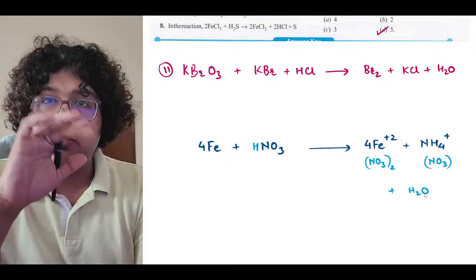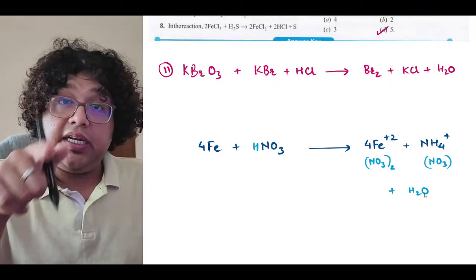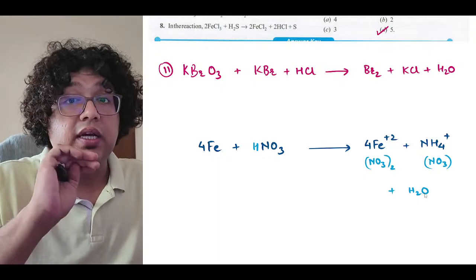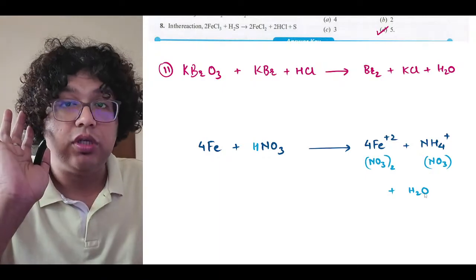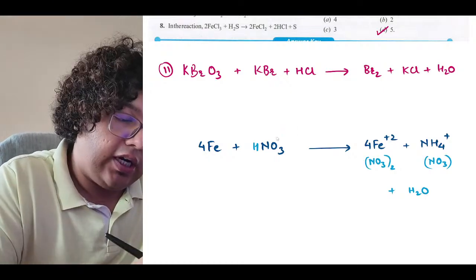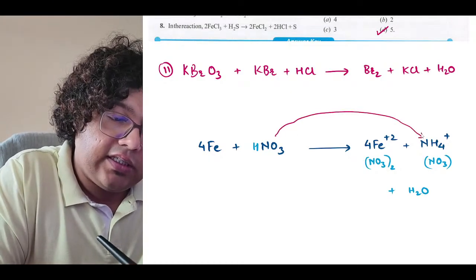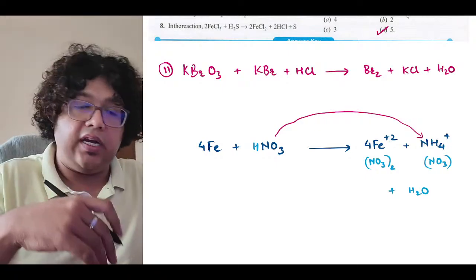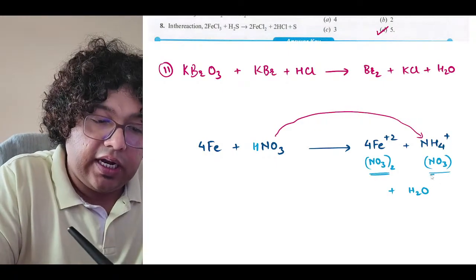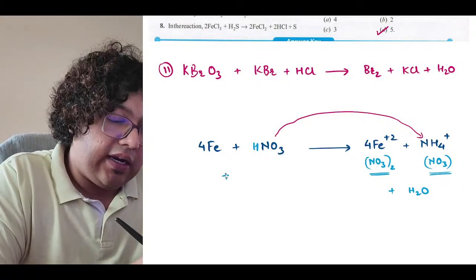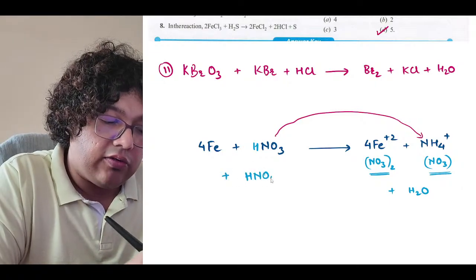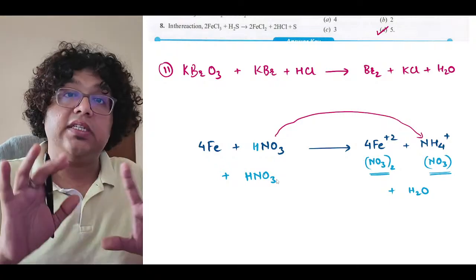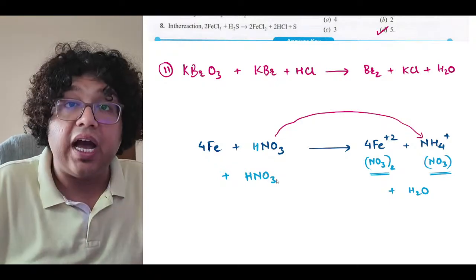Okay, now let us think of it like this. The nitrate which was supposed to get reduced has been used up. So the nitrate which was supposed to get reduced is this nitrate, and this got reduced to ammonium. That's all right. But we need more nitrates, right? You can see nitrate over here, nitrate over here. For this, we will require extra HNO3. Now, this HNO3 is not involved in the redox. It is just there to counter the opposite ions.